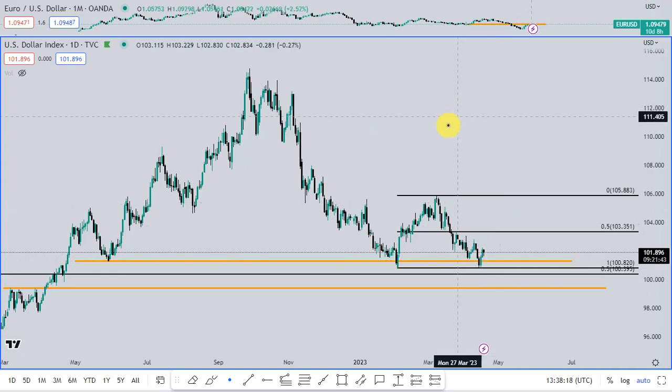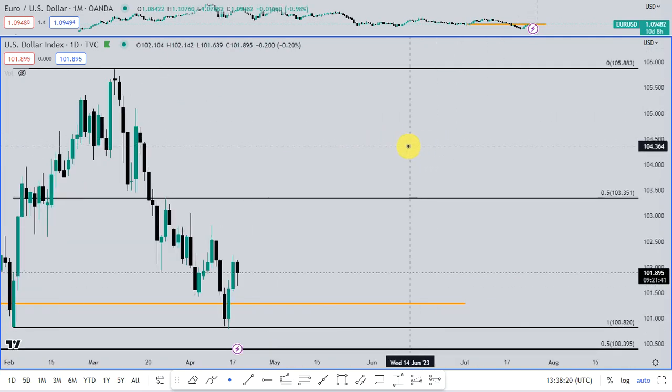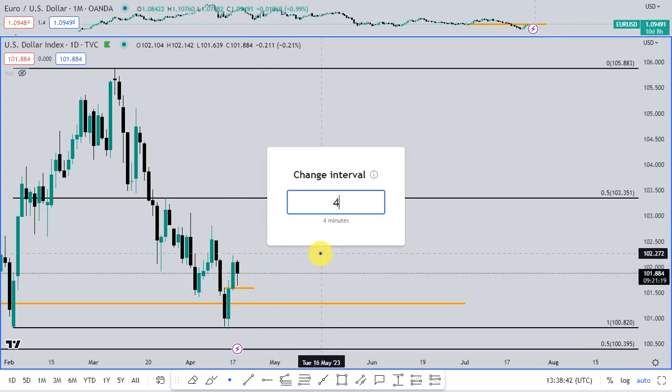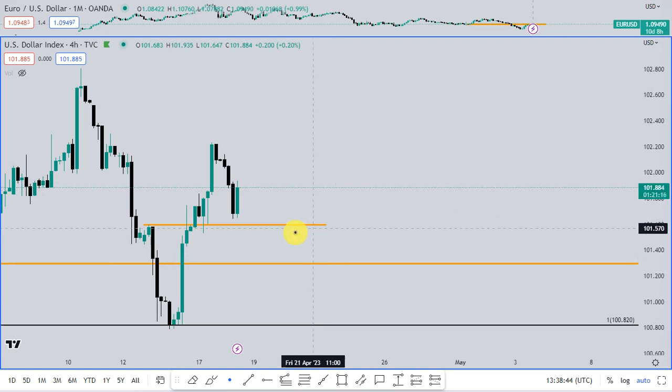and can go higher. One more thing I would like to add is that after this SFP or turtle soup on DXY, you can see that it closed a bullish engulfing candle. So this down candle flips into an order block, and price has almost tagged this level today and is rejecting from that level. Now if we go to the 4-hour time frame,